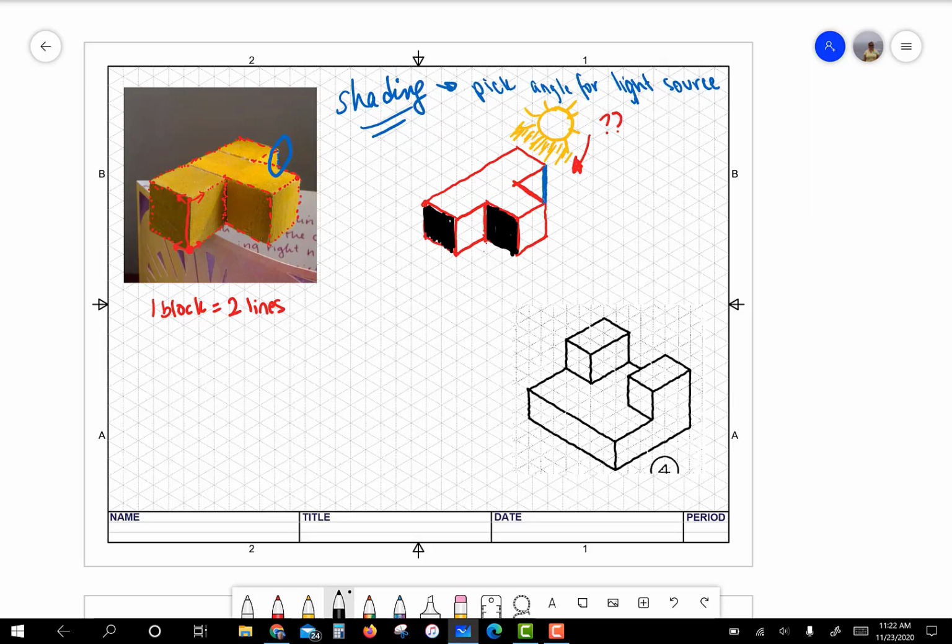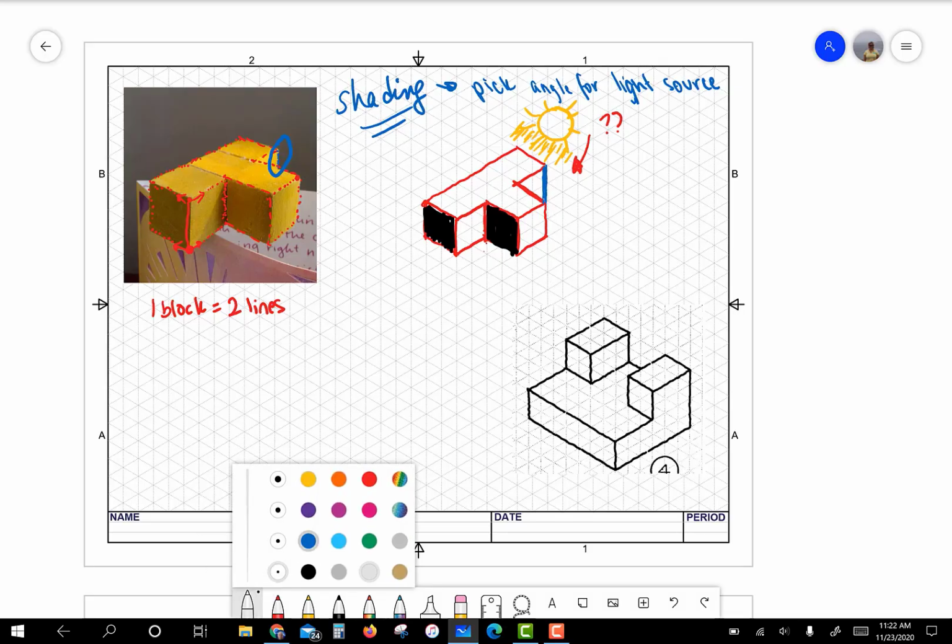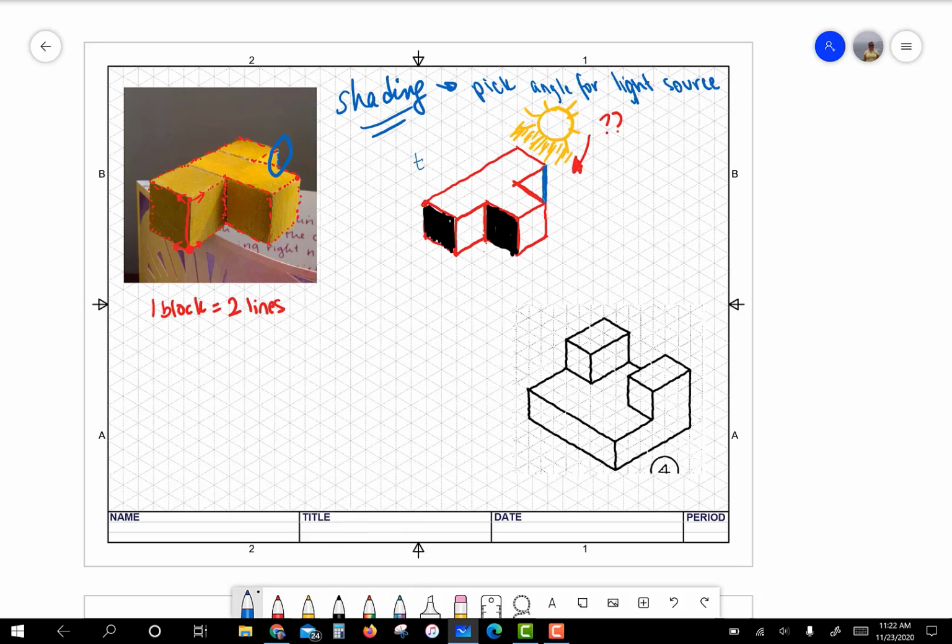The top would get all of the sun because the sun is up in the sky. I ran out of paper space, but the sun is up in the sky, so that will stay empty. So the top, let me get you a color that you'll be able to see. Top equals no shading,